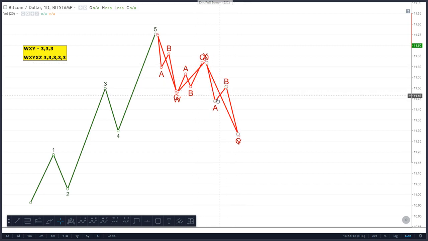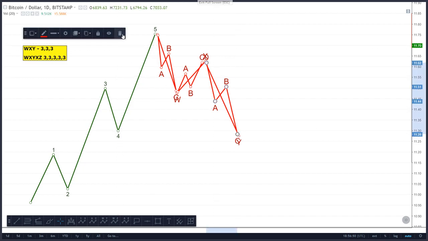shortly, this double zigzag pattern, but I just wanted to illustrate how we have two corrective patterns, that's the wave W and wave Y, connected by an X wave, which in itself is a corrective pattern, but you can see it's of a smaller degree. Yeah, the length of it is not comparable with the length of W and Y. And you can see the subwave count here, 333. So we've got 1, 2, 3, 3 waves down, 3 waves up, 1, 2, 3, and then a final 3 waves down, 1, 2, 3. Okay, so I'll just clear that up,